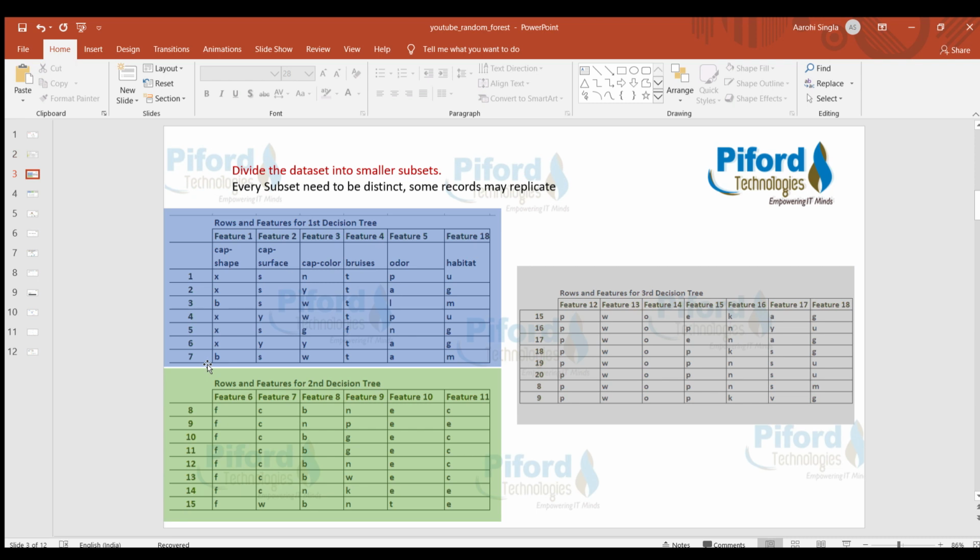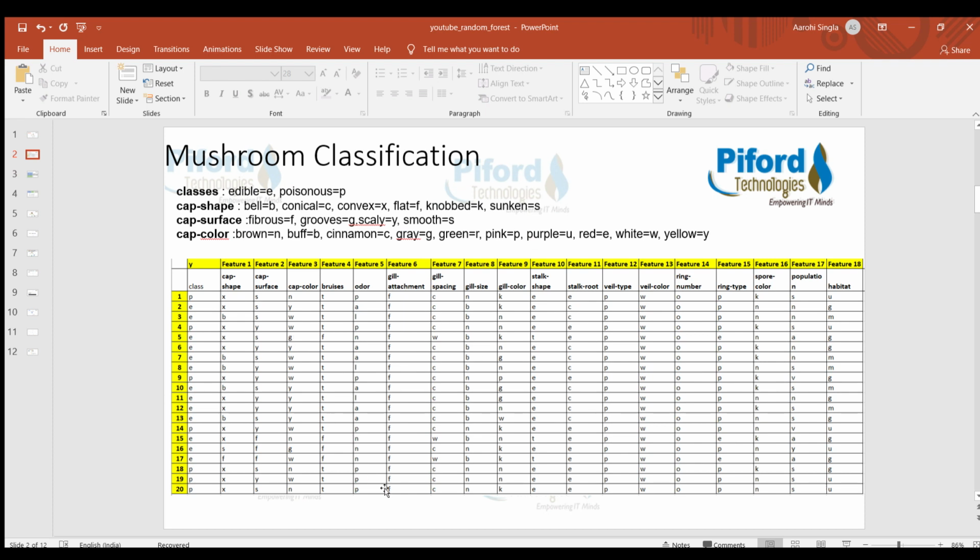Whenever we are using random forest, the very first step is to divide your dataset into smaller subsets. Suppose on this data I want to build a random forest classifier, and random forest means a group of a bunch of decision trees. Suppose I want to have 3 decision trees in it.